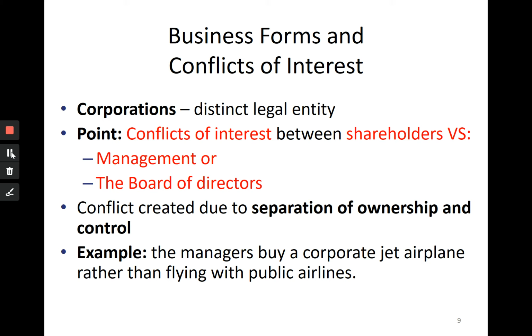Many of these board members may be chief executive officers of other, similar firms. Therefore, if there is a pay raise for the chief executive officer and they vote for it, this may affect their own pay. Therefore, there are quite a few incentives there that make the board aligned with the management.